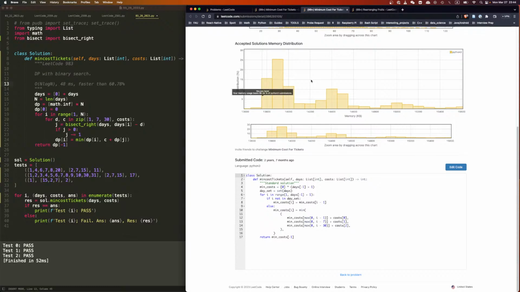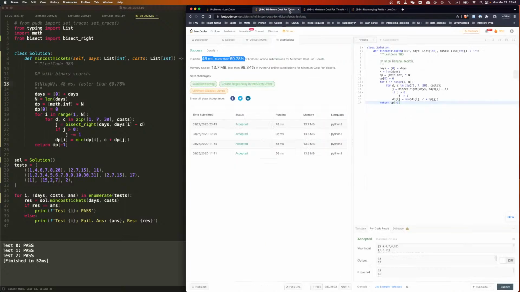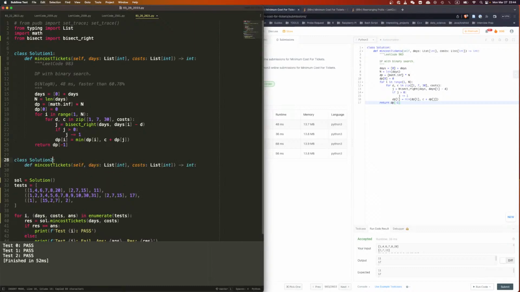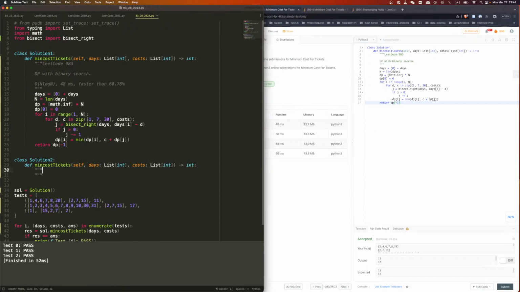Ah, I see. No need to binary search. Oh yeah, why do you binary search, right? Because the days, okay. No need to binary search